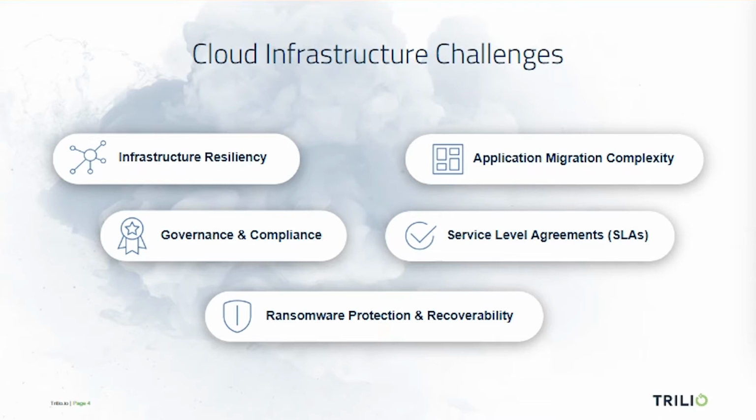The main ones outlined here start with infrastructure resiliency. As we continue on, you'll see how data protection can help with that. If any issues were to arise, you can feel confident and sure that your applications can easily be restored